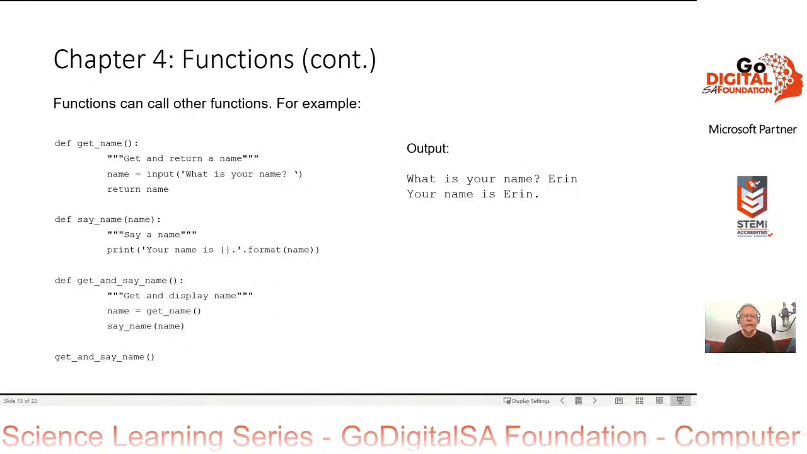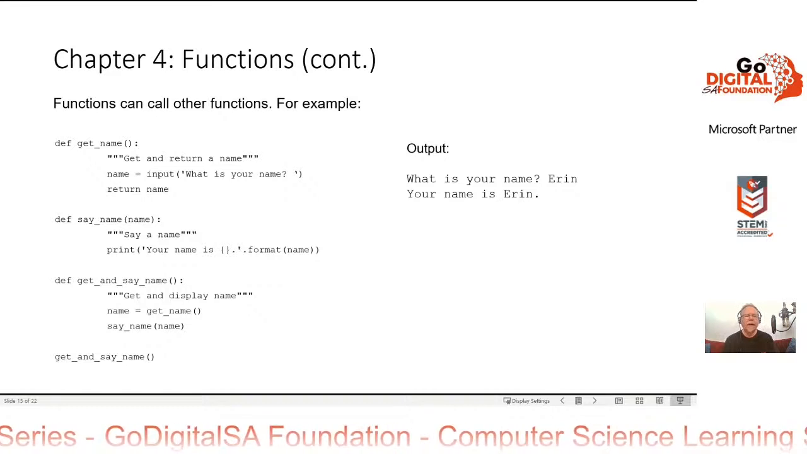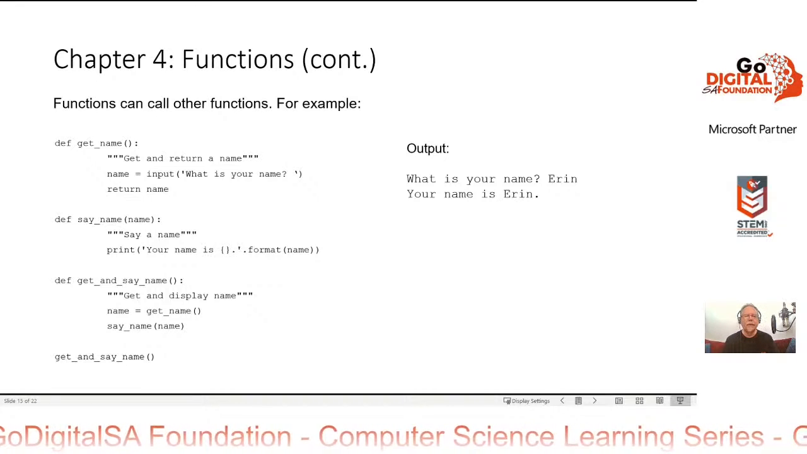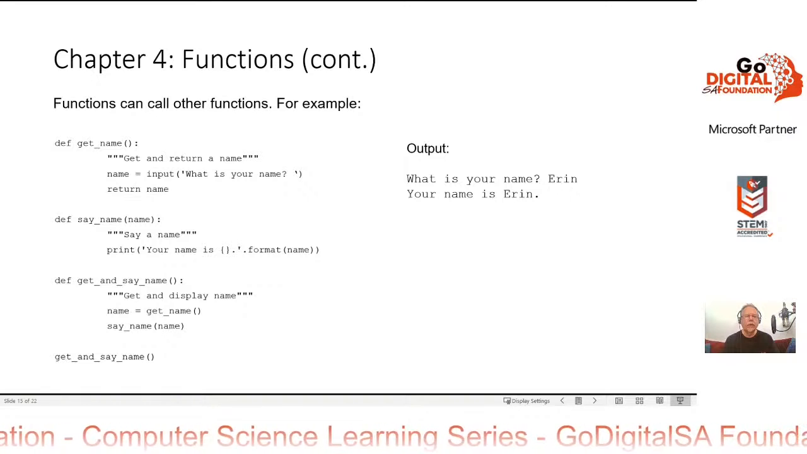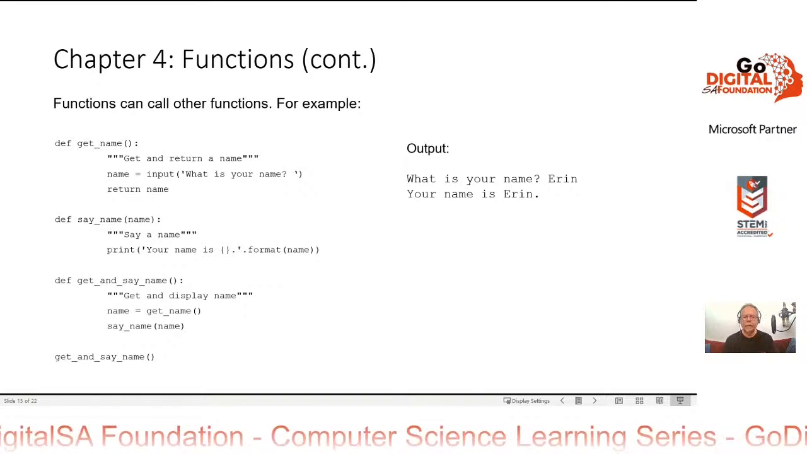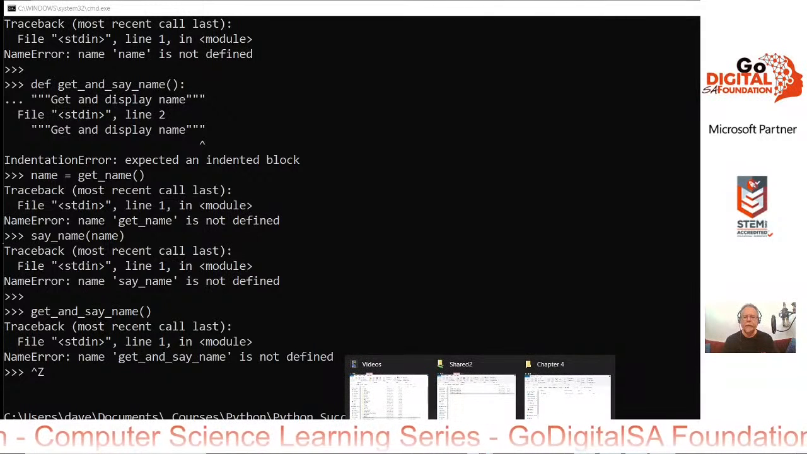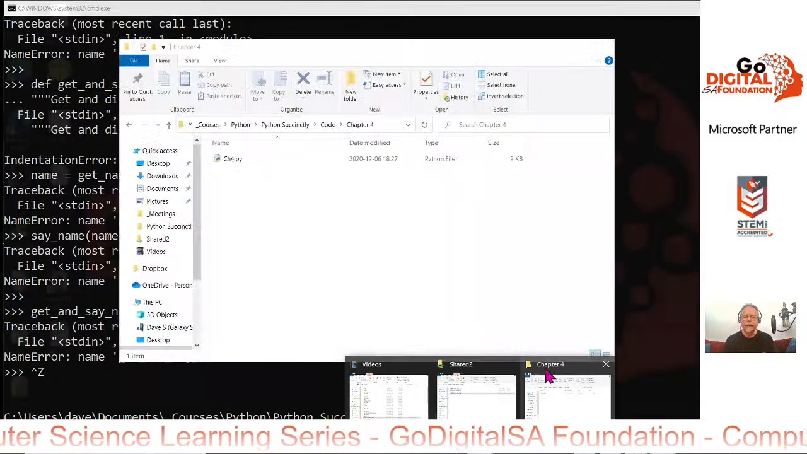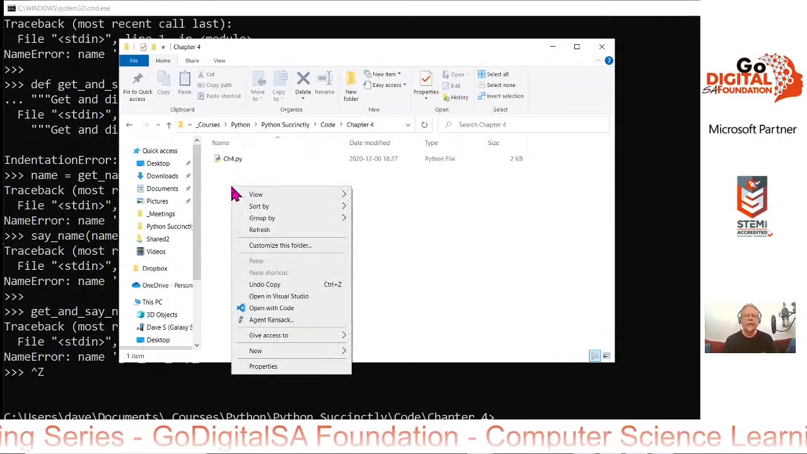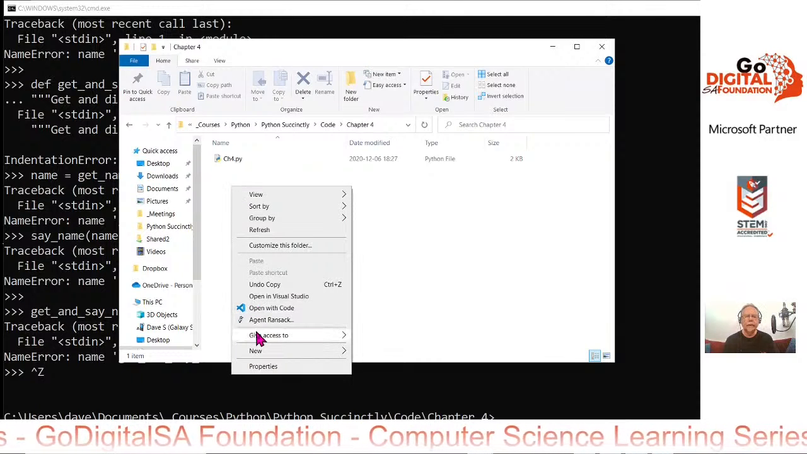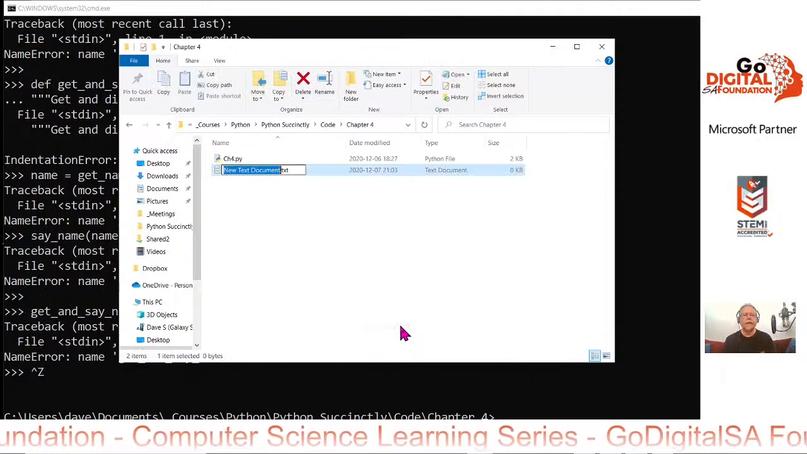So let's try this, but this is now quite a long piece of code. So let's rather put this into a text file and then we'll run it in Python. Okay, so to do this, I'm going to open up a folder. So let's go to our folder here. I'm going to create a new text file. I'll just say new text document. I'll call it